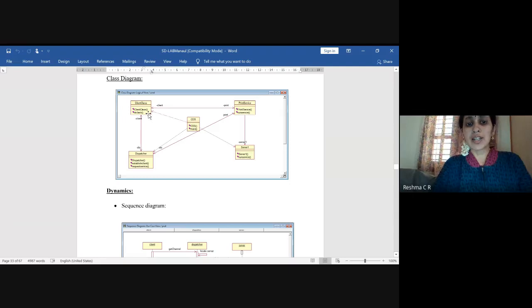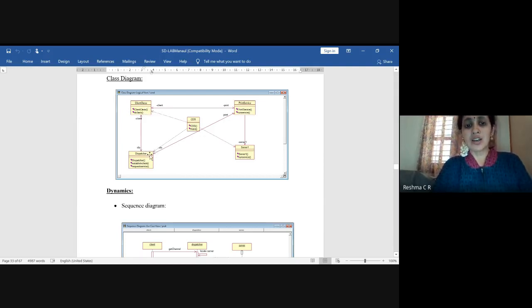So what will the client class do here? The client class has a constructor, and the operation doTask is requesting the services. Once the client sends a service request, it will move to the dispatcher.